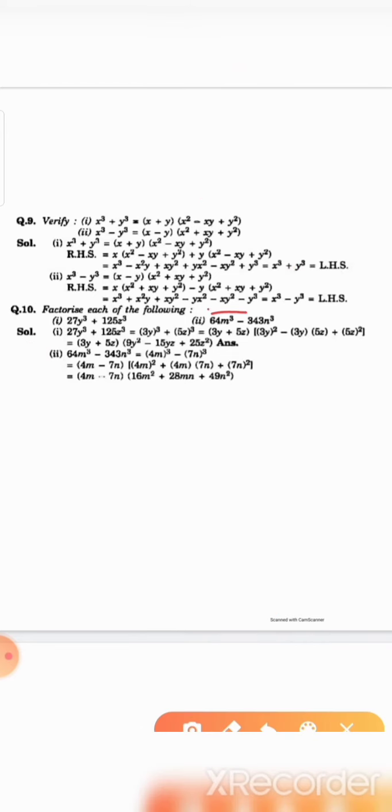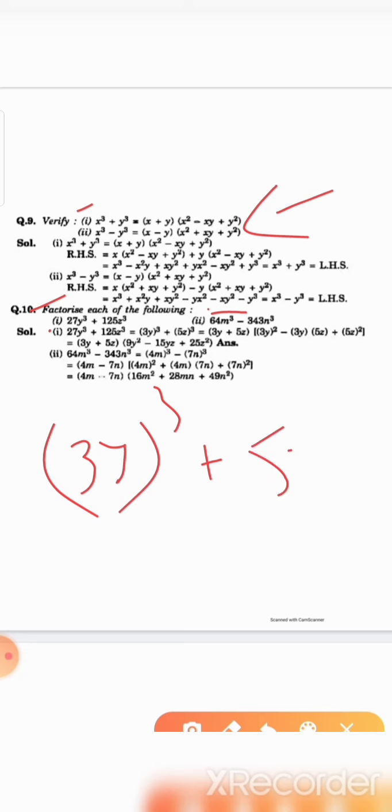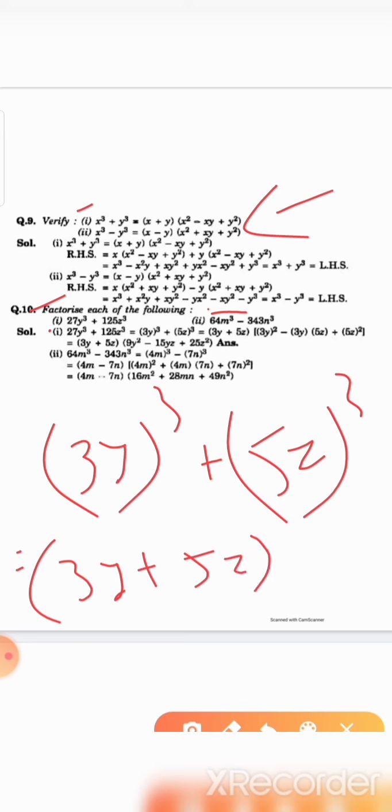Question number 10 is: factorize each of the following. Here the given polynomial is in the form of a cube plus b cube, and here we derived that a cube plus b cube is given by (a plus b) and the second bracket (a square minus ab plus b square). So using question 9's first identity in question number 10, in the first question we solve a cube plus b cube. First we write 27y cube in the form of (3y) whole cube and 125z cube as (5z) whole cube. A cube plus b cube means the factor is given by a plus b, that is 3y plus 5z, and